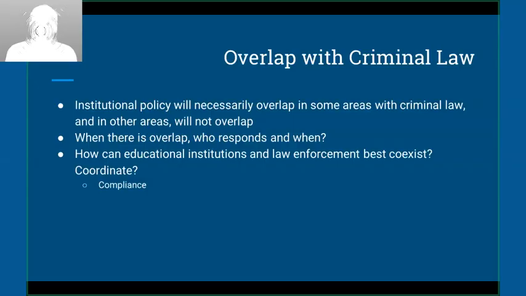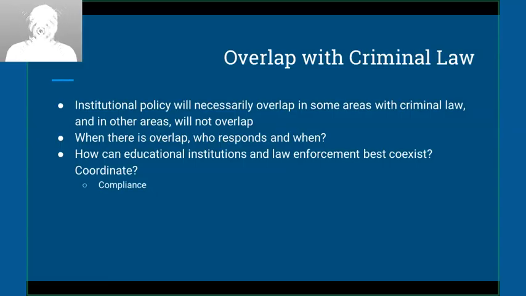But even where there is, certainly that's a question that comes up quite a bit, is why don't institutions just report this to the police and stay out of it? And so part of it is that there are laws that require institutions to address these things. Related, some of those laws are civil rights laws, which are related to access to education. But that's part of it, is one of the things to look to and answer these questions about who responds